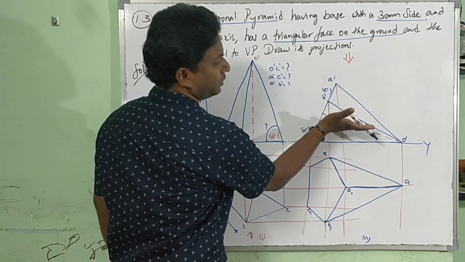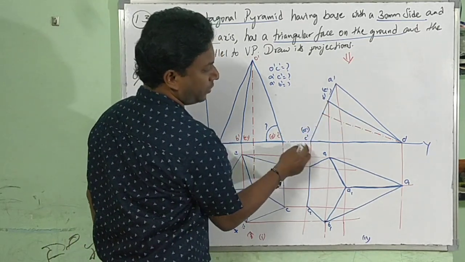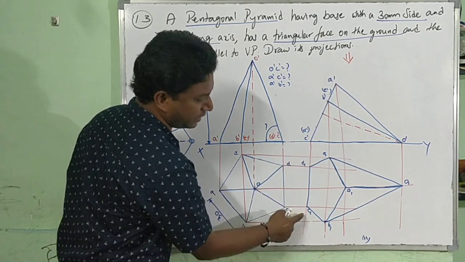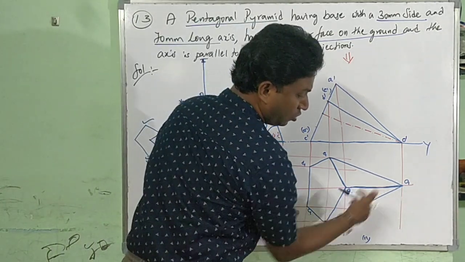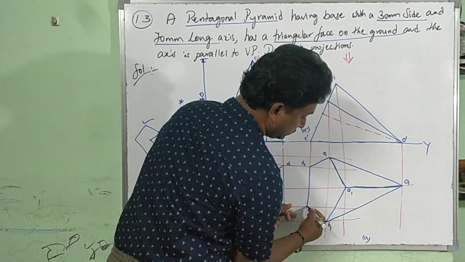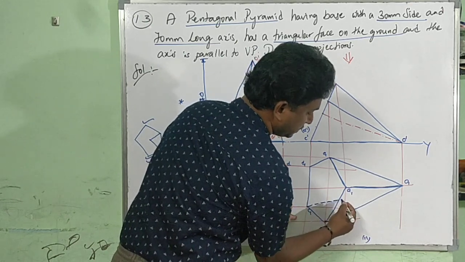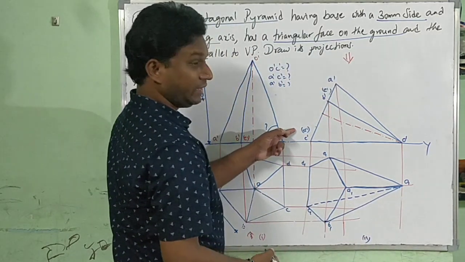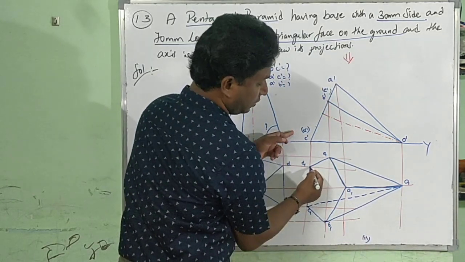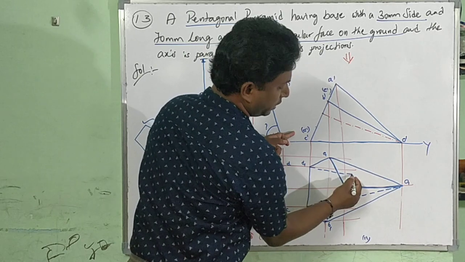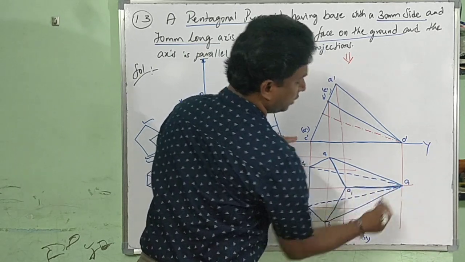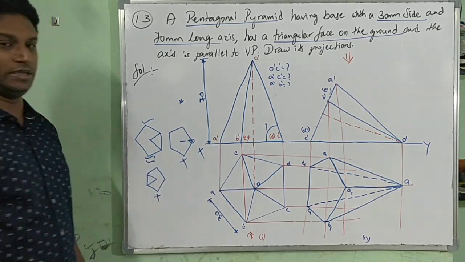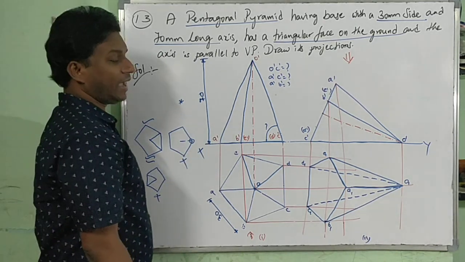Now, with respect to the axis bottom, what are the points there? C dash, D dash. C dash becomes C1. So from C1 to O1, there are hidden edges in the top view. D dash, O dash, D1, O1. It's a hidden edge in the top view. Hidden lines: dash, dash, dash.